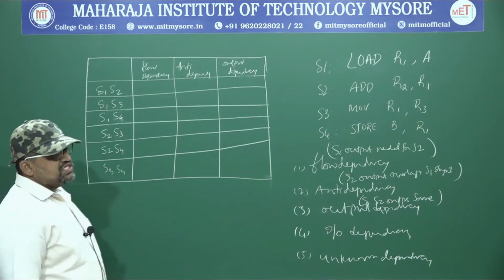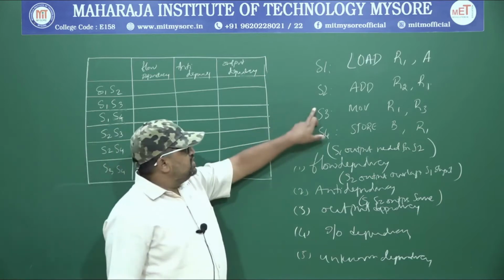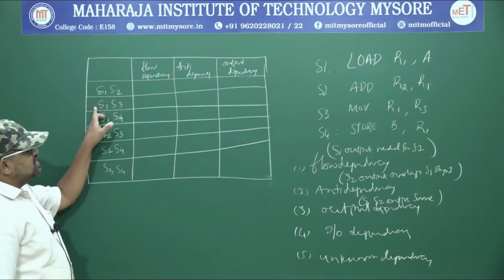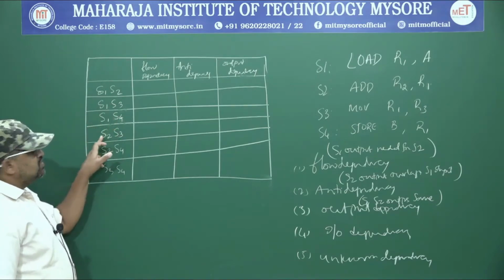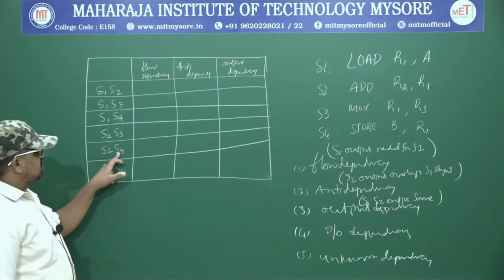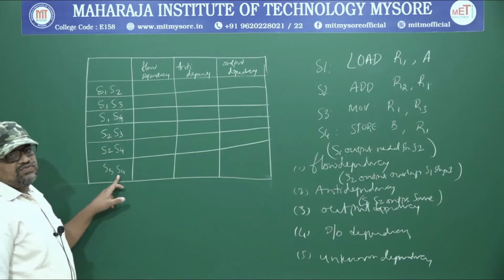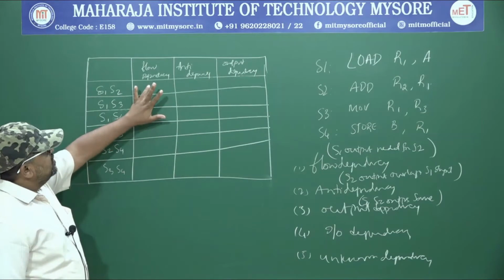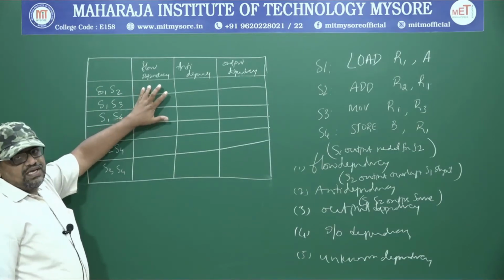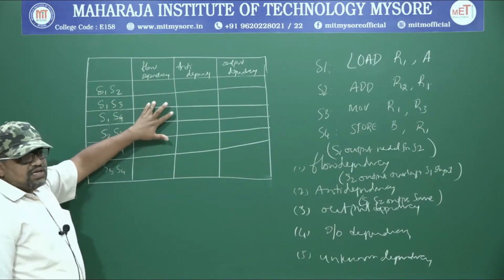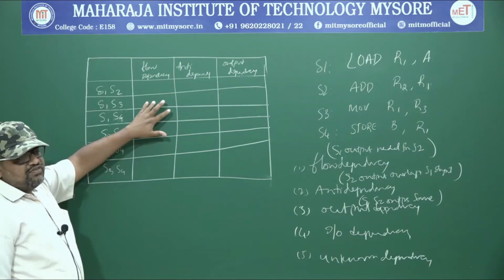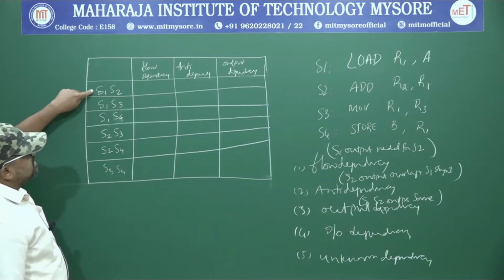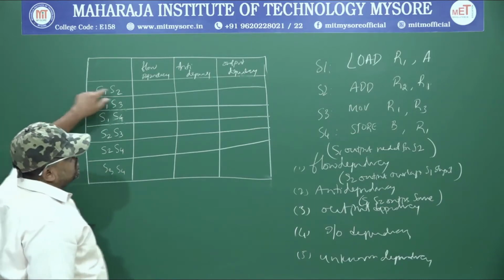So how many combinations do I get? It's going to be 1, 2, 3, 4, 5 and 6. So between S1 and S2, S1 and S3, S1 and S4, similarly S2 and S3, S2 and S4, and then S3 and S4. Statements 3 and 4, I am trying to derive the relation. If there is a flow dependency relation, then I am going to mark a yes there. If it is not, I am going to mark a no. I am using the convention of yes and no. Now looking at the first one, S1 and S2.